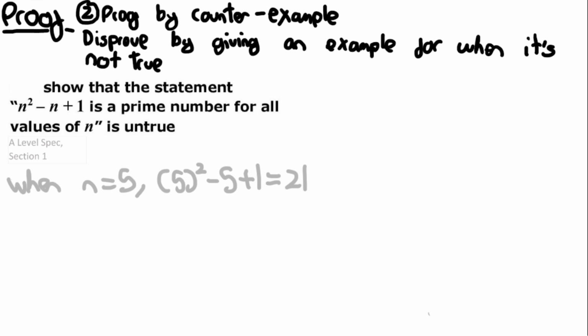We don't need to prove that 21 is not a prime number. That's kind of just like a given. 21, which is not a prime number. So, and then we just need to do the statement at the end. Remember, for the statement we just repeat whatever the question is. So I'm just going to repeat this part here. So therefore, remember these 3 dots represent therefore. Therefore, the statement